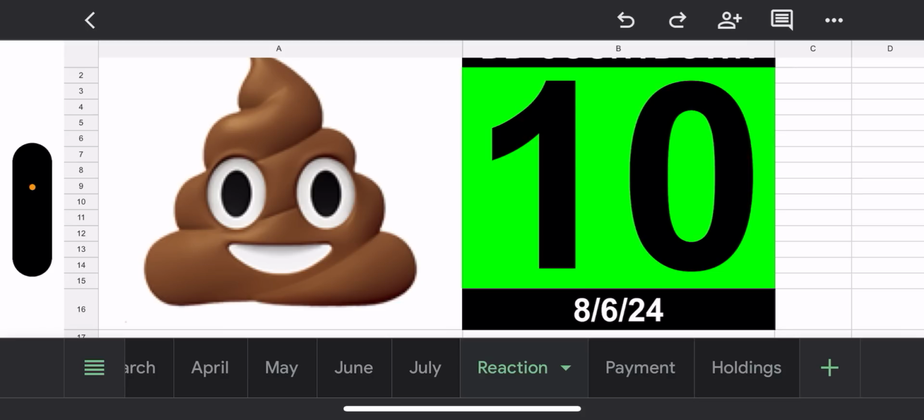Hanging out with a sweaty guy in the garage. No spiders today, so that's a good thing. So just poop, just plain old poop emojis hanging out. So anyway,